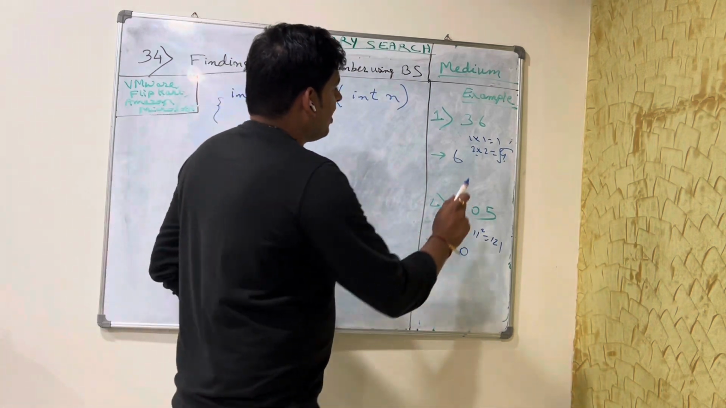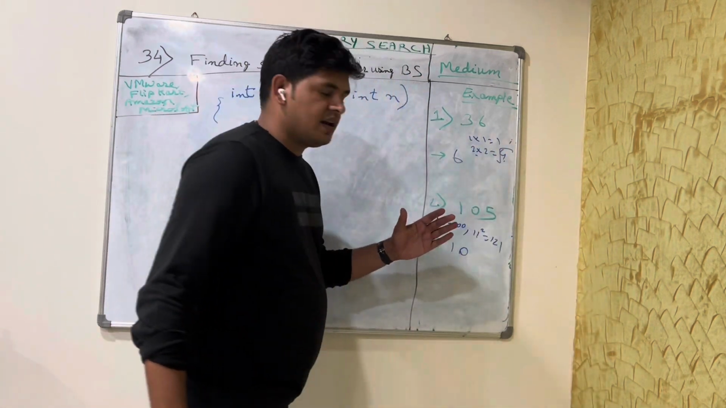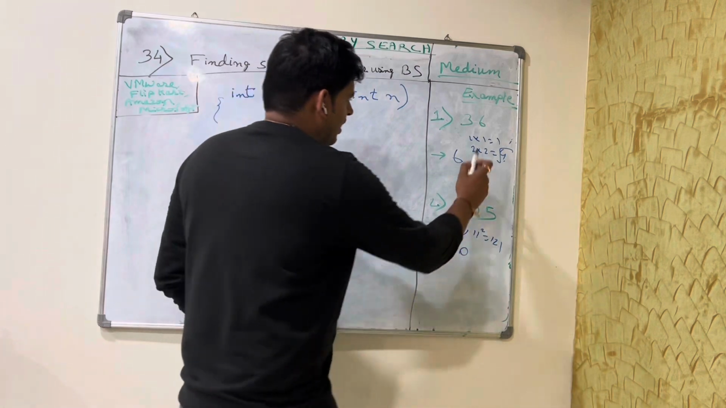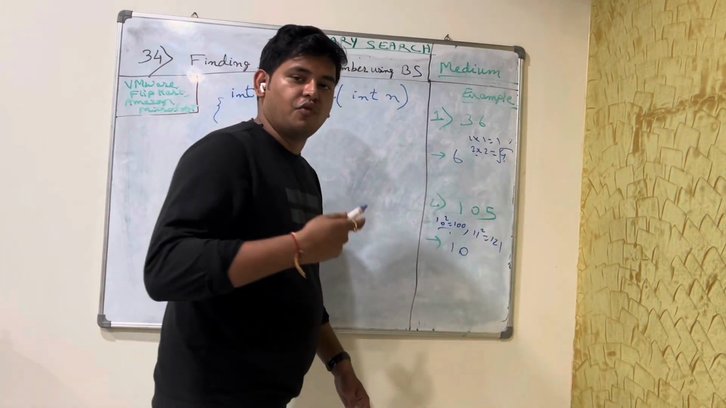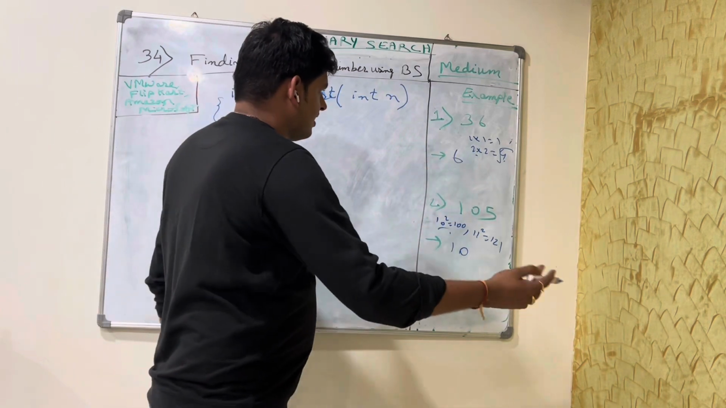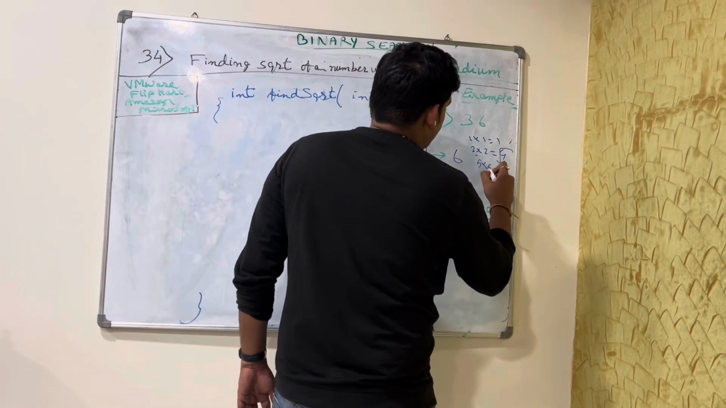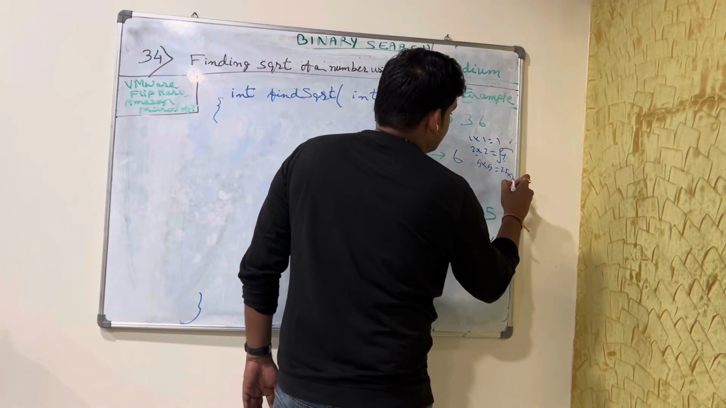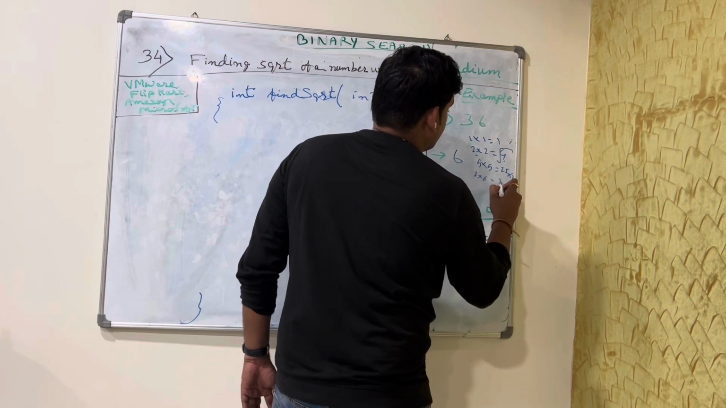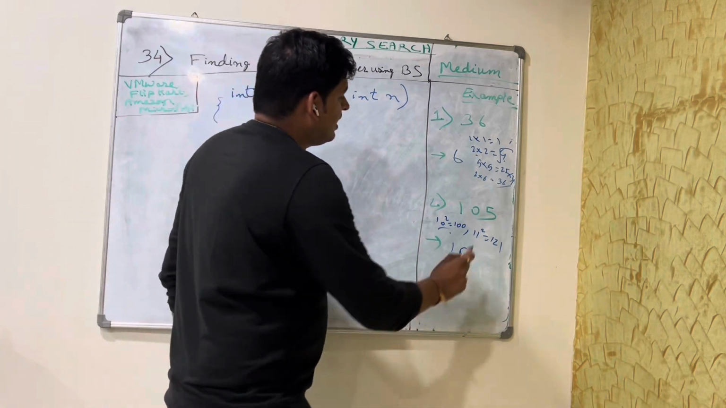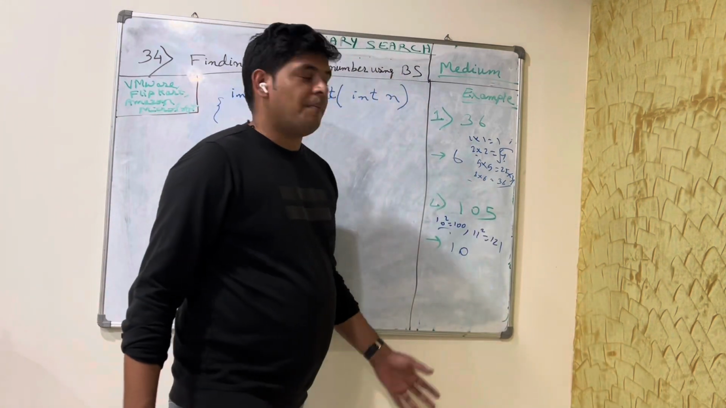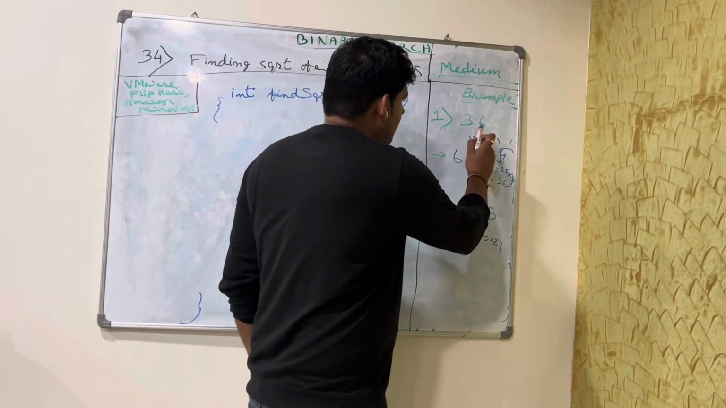If we want to find it for 36, we can keep on checking. 1 into 1 is 1, 2 into 2 is 4, 3 into 3 is 9, which is less than 36. 4 into 4 is 16, less than 36. 5 into 5 is 25, less than 36. 6 into 6 is 36, which is equal to 36, so we return 6. So how many times have we run the loop? By max, we can run it 36 times,